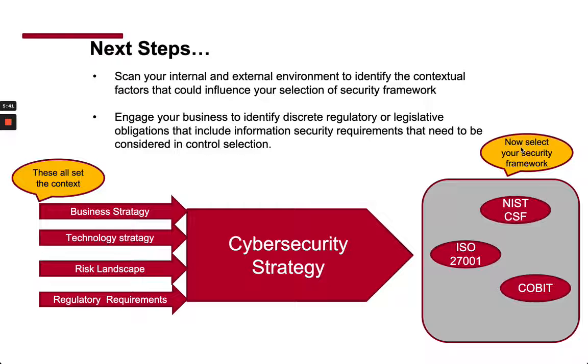You start by sourcing and referencing your organization's business strategy, technology strategy, overall threat and risk landscape, and any other regulatory obligation that you need to adhere to. So as a security and risk management leader, you would need to also recognize that not all organizations' information security requirements may be visible to you, to the security team. As a leader, you must engage proactively with other parts of the business, such as legal, risk, and frontline business units to identify discrete regulatory or legislative obligations that include information security requirements that need to be considered in control